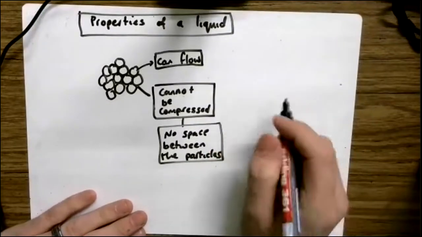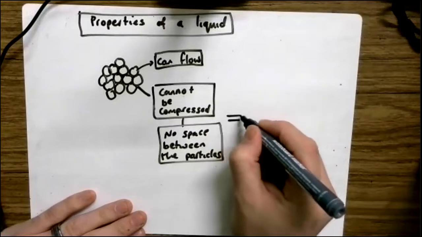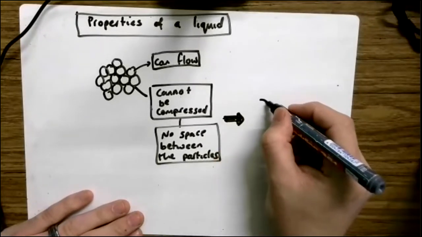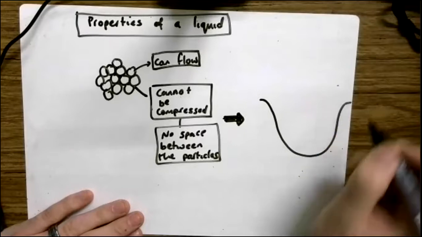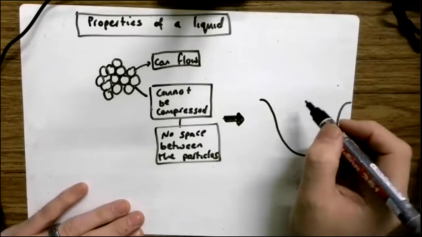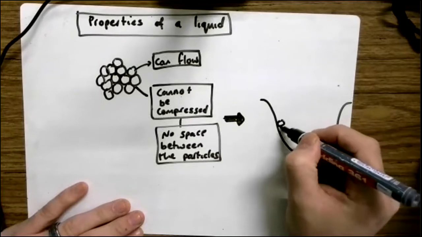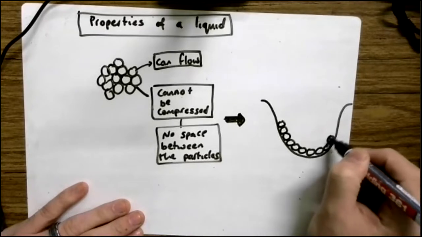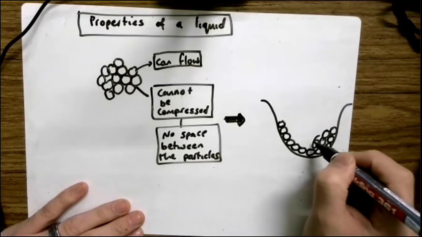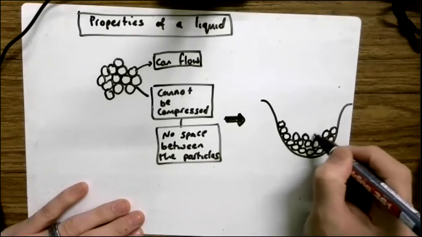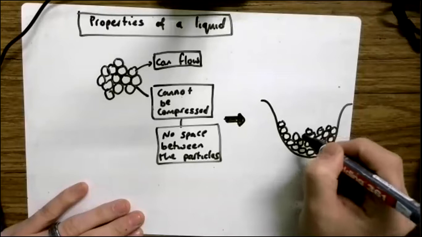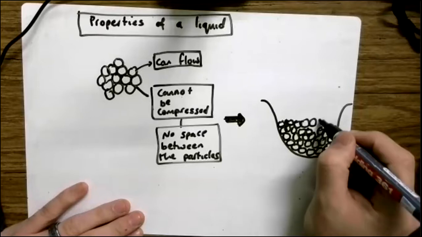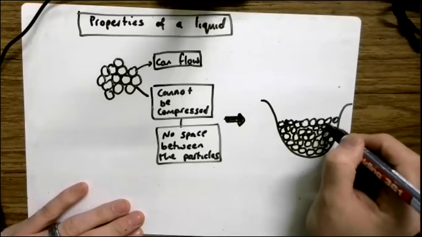Okay, now, if we were to look at a container, say we have a bowl of water, like this. We have a bowl, and in the bowl we're going to put some water. So we've got the particles, like this. We've got these water particles, and they're close. Many of them are touching, and they form a pretty straight line along the top, like water does. Okay, now